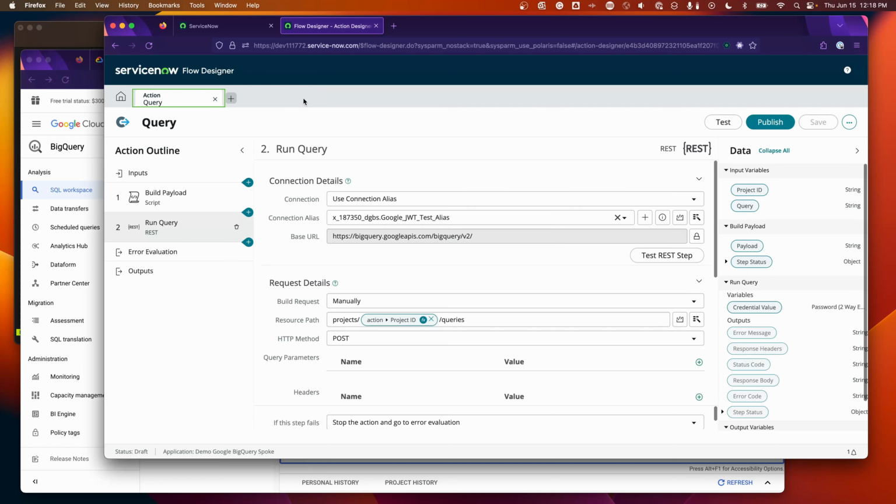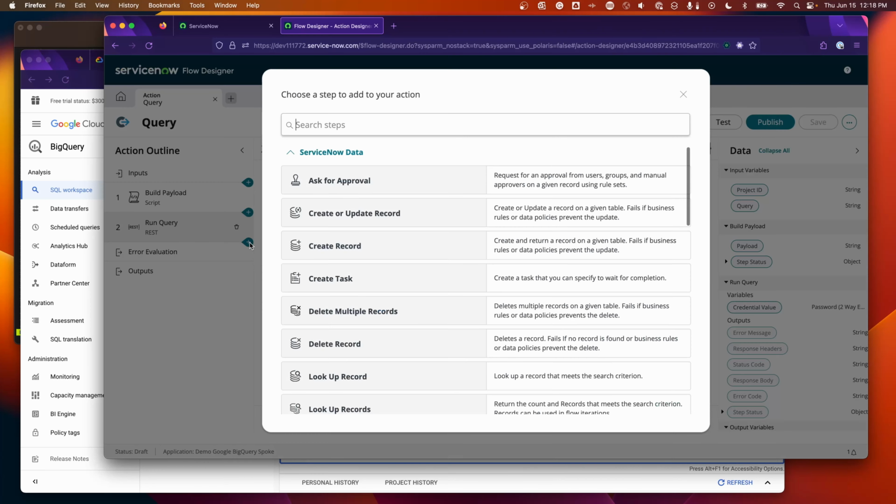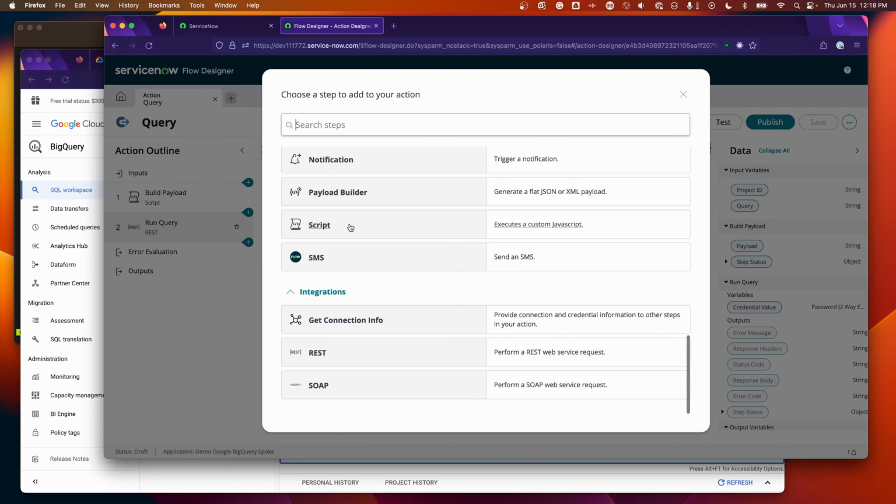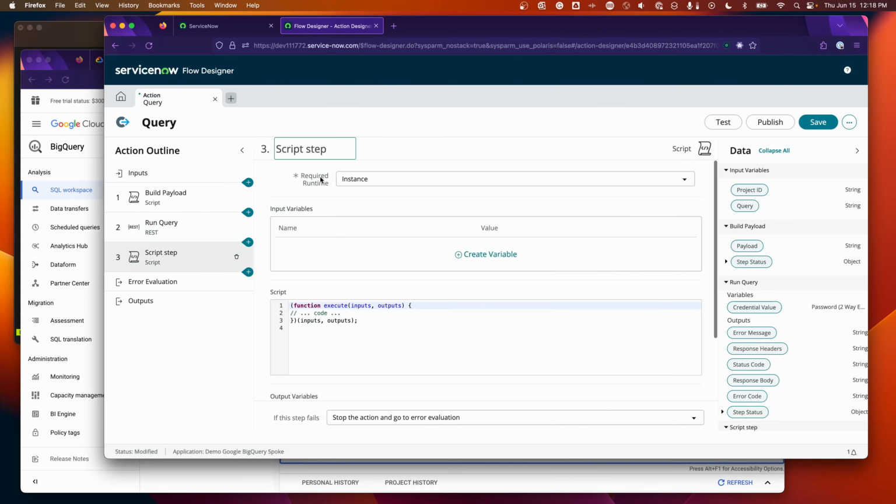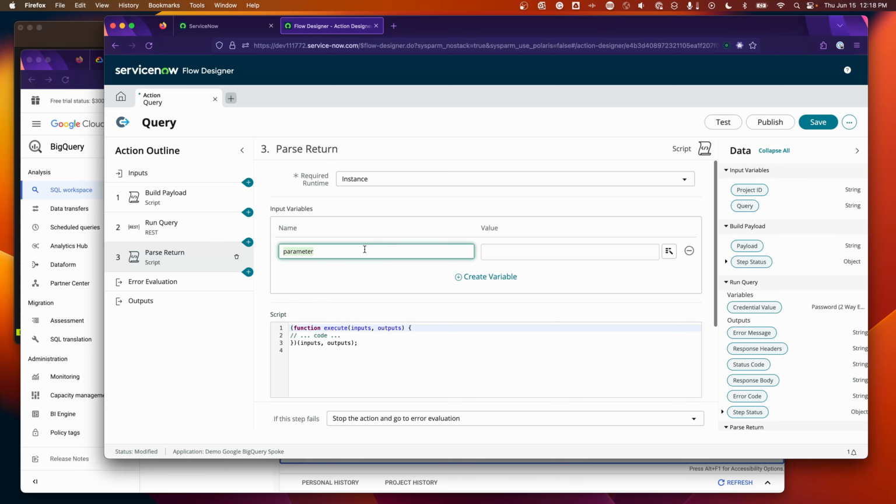So let's go ahead and build out the script to parse both the error and a successful response. So I'm going to come here and add a new step. And we're going to do another script step. We're going to do parse return. And we're going to have two variables for this. So we're going to have the response body